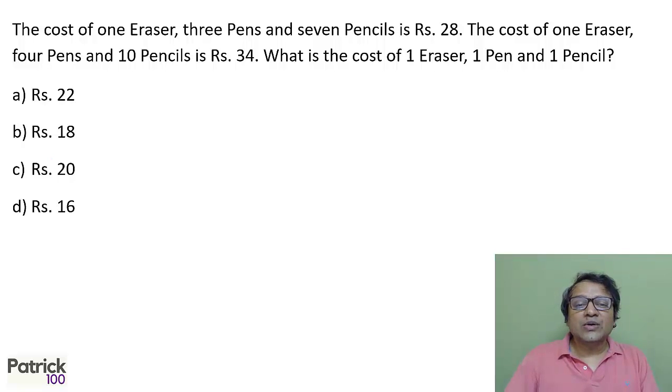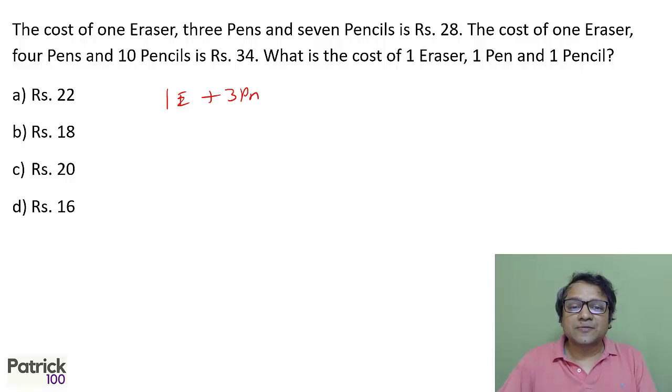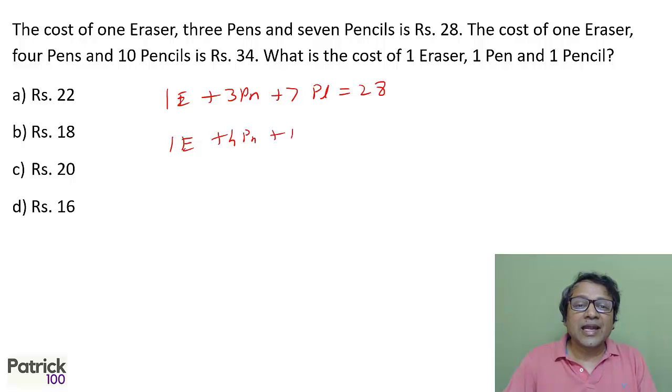Cost of one eraser, 3 pens and 7 pencils is 28. Cost of one eraser, 4 pens and 10 pencils is 34. We want the cost of one eraser, 1 pen, 1 pencil. Normally, two equations like this are technically not solvable, but there are ways where you can subtract and sometimes